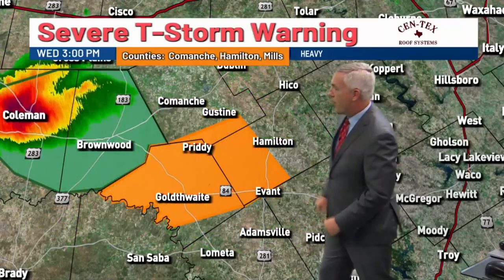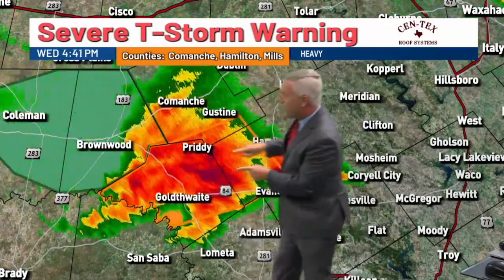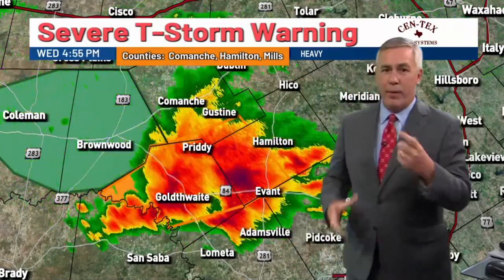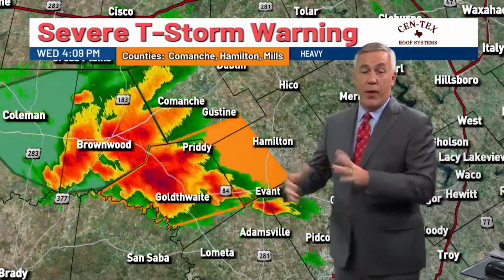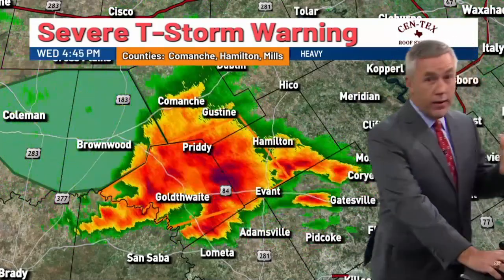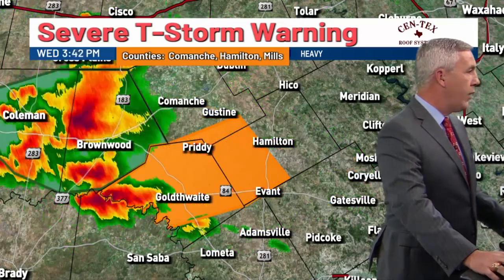Inside of this thunderstorm, we've kind of had two thunderstorms interact there, and that could have caused that kind of wrapping up. Sometimes that'll wrap up, but then as you see more interaction with the other thunderstorms, that'll diminish the rotation. But at least for a few scans on the radar, we had some pretty significant rotation ongoing inside of this